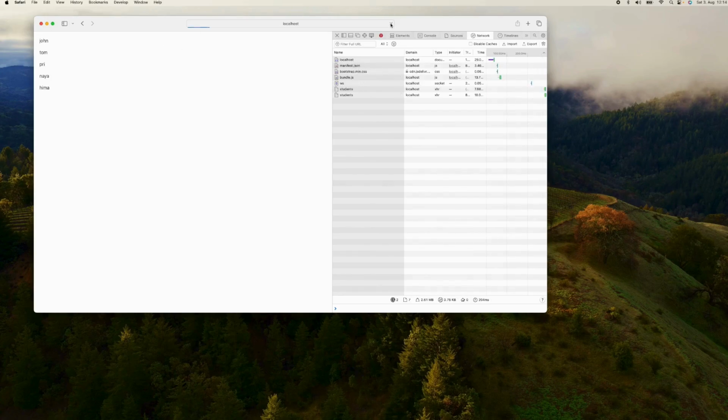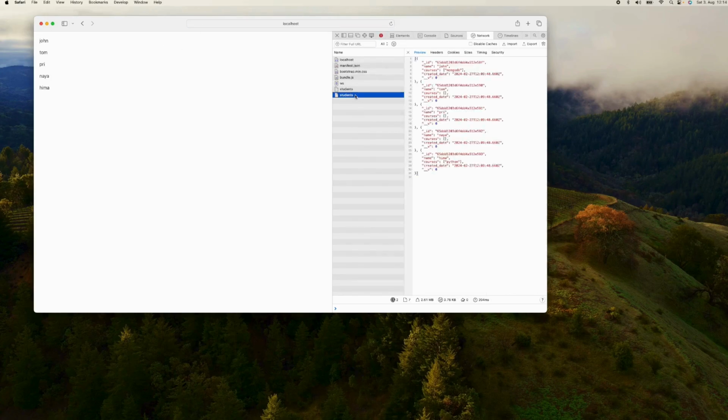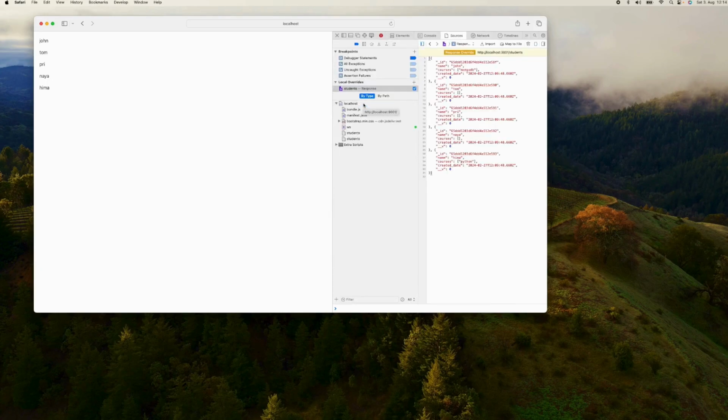Simply refresh your window and you'll see the API calls going on over here. Right click on this, select create response local override. When you'll click on it, it will take you to the local override in the sources tab. Herein you can edit this. So instead of Tom, I want to say Megha,